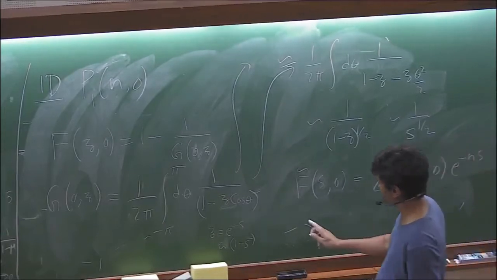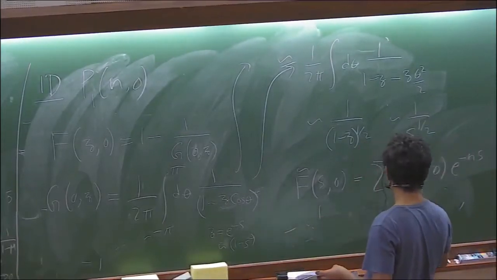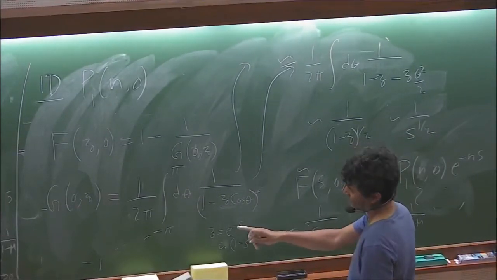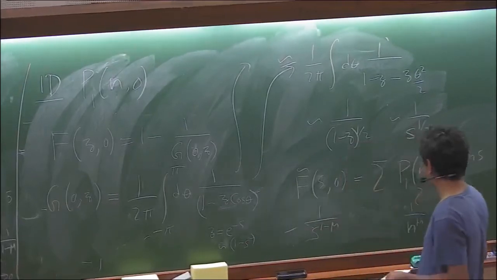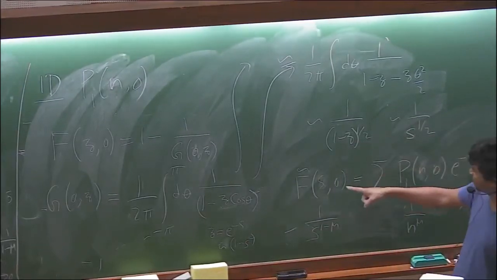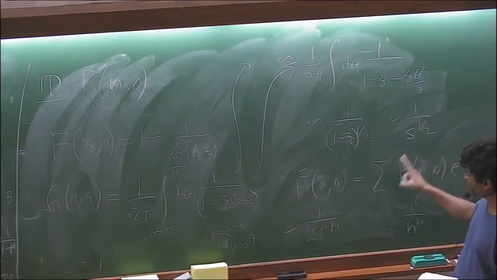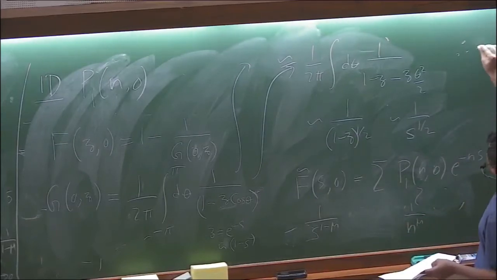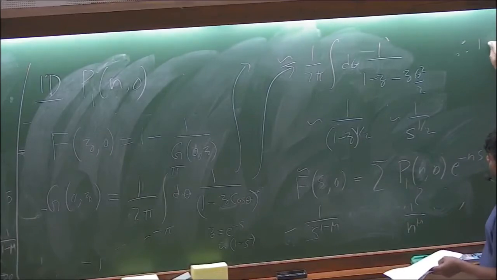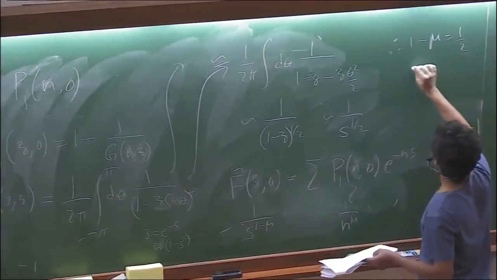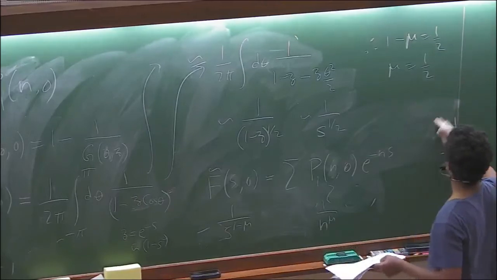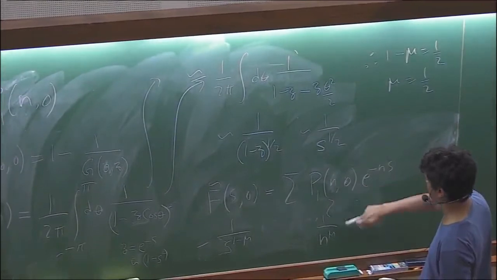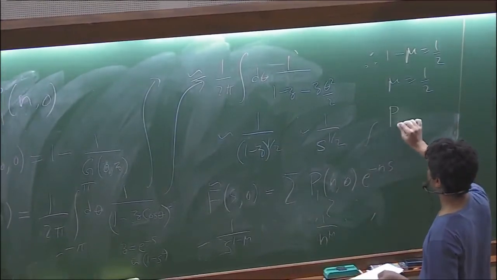And now we know that if P behaves as 1 by n to the power mu, then this should behave as 1 by s to the power 1 minus mu. Right now we found that this behaves as s to the power half. So therefore half is 1 minus mu, so 1 minus mu is equal to half and mu is equal to half. So now we know what is P1. It's just 1, so P1 is,